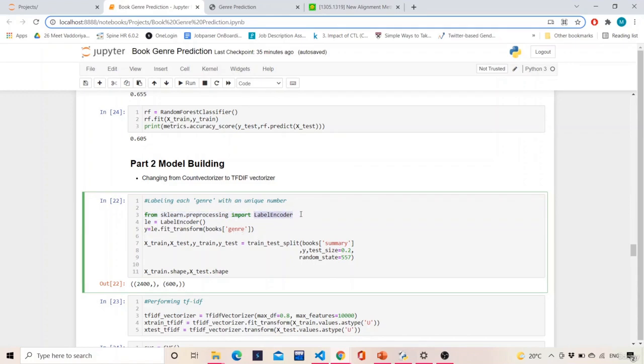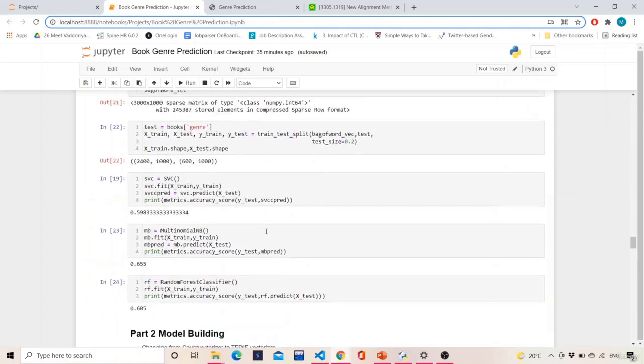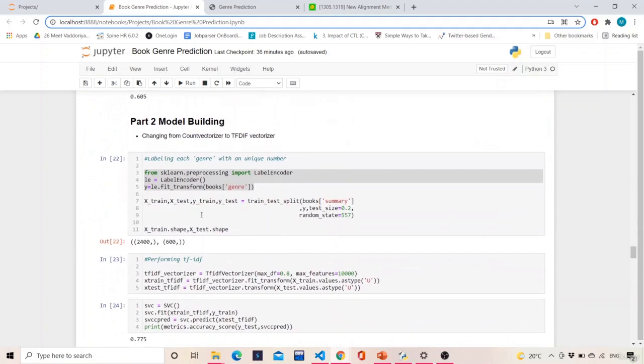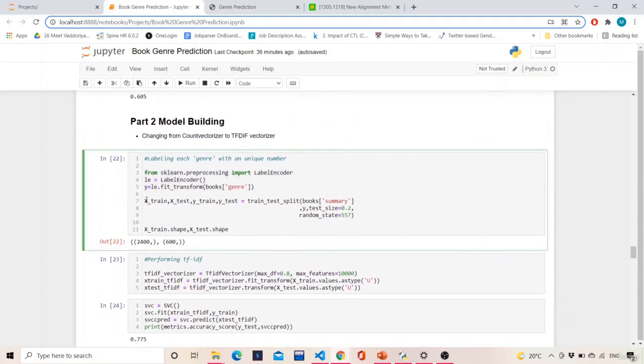Actually this step is not required, because the mapping is already done over here, but it works fine even if you don't do it. The result will be the same.